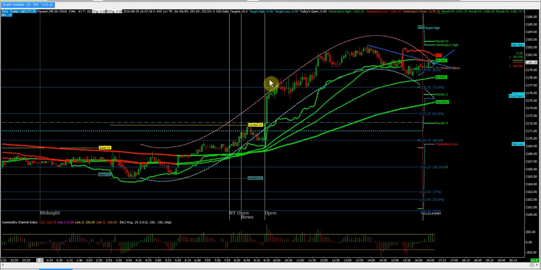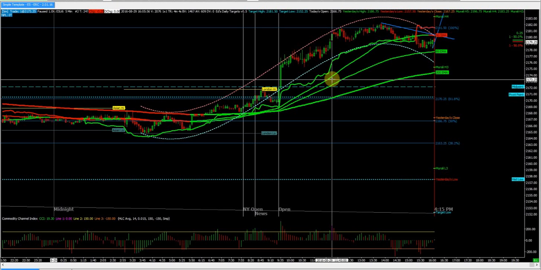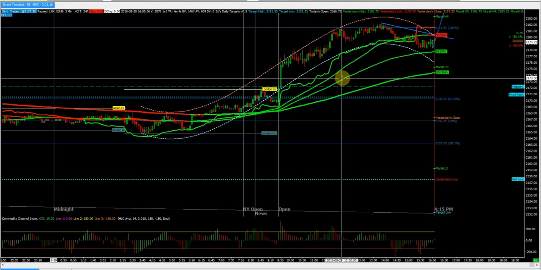That's where the market basically chopped back and forth, back and forth, back and forth, and then finally took off to the upside and hit our target right in here. Came within 1 tick here. Could have gotten out here. You're looking at about 11:45. You could have gotten out here when it touched it at 12:10,